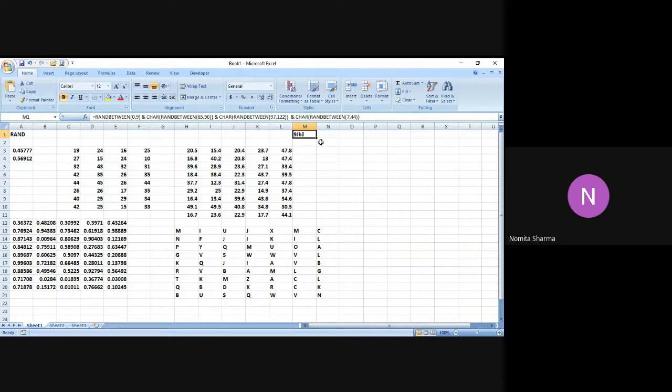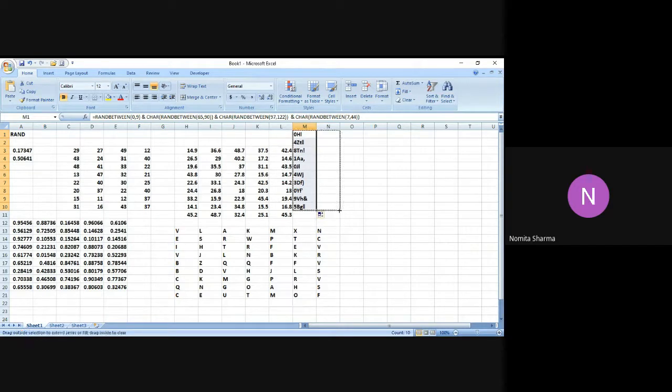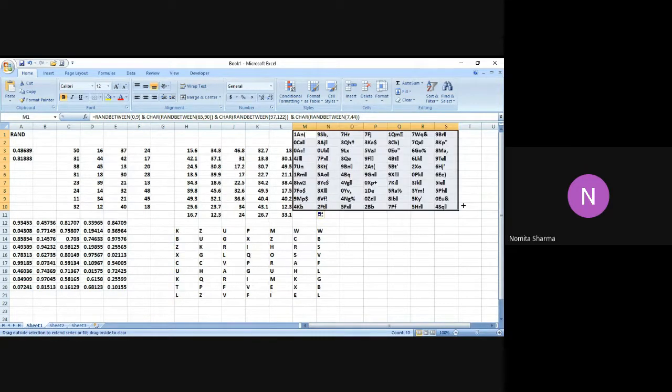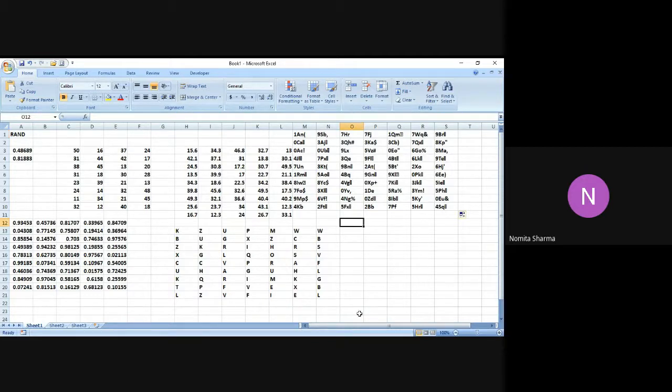Now, if I drag this down, you will see that I can randomly generate these passwords and use them depending on their application. So this is the application of RANDBETWEEN with the help of CHAR and the AND function, which we can use to get unique special values, which is nothing but the combination of your number, letter, and special symbol.